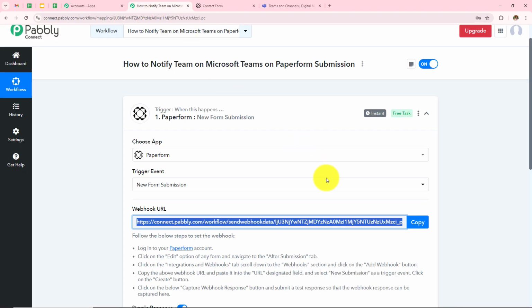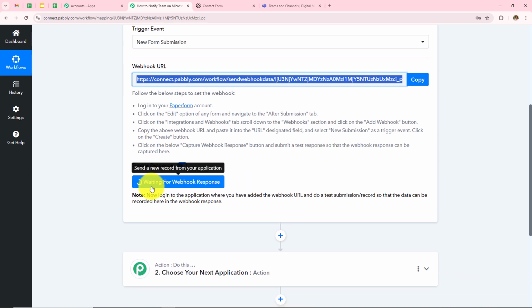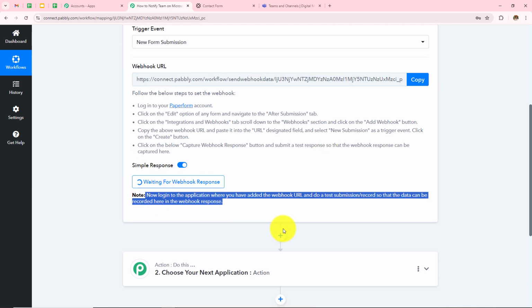Now I need to go back to Pabbly Connect, and over here I can see waiting for the webhook response, and under this it is written, now log into the application where you have added the webhook URL and do test submission so that the data can be recorded here in the webhook response. This means, so as to get the webhook response over here, I need to do a test submission, for which